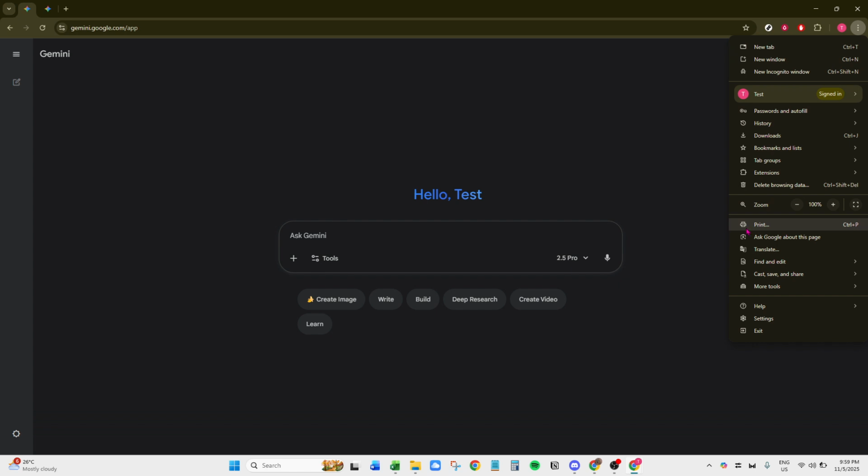After clicking the icon, it's time to explore the menu options. Hover your cursor over the section labeled Cast, Save, and Share. This segment offers a range of choices related to how you can interact with the page. Take a moment to recognize what each of these options does, as this knowledge could be beneficial beyond just this